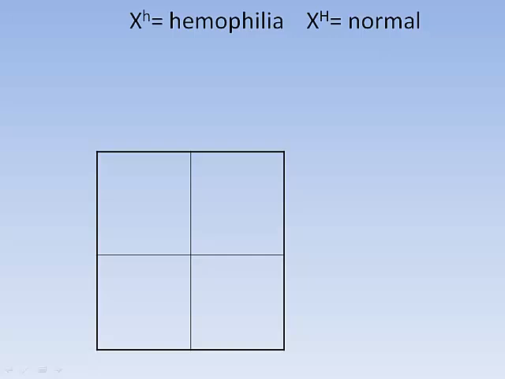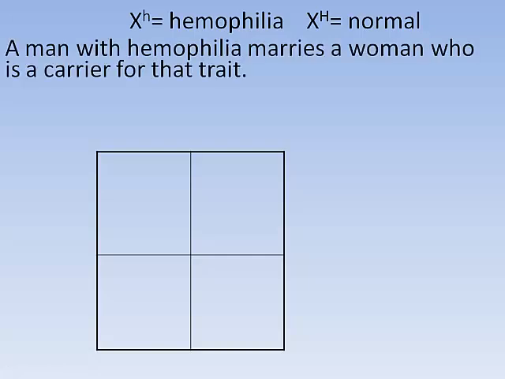Okay, so let's look at an example. We're going to take a man who has hemophilia and look at the offspring between he and his wife. His wife is a carrier for that trait. Now, here's their genotypes. The man has one copy of the X chromosome, and it happens to have the recessive allele for hemophilia. He doesn't have another X chromosome, so he's only got one allele, which he got from his